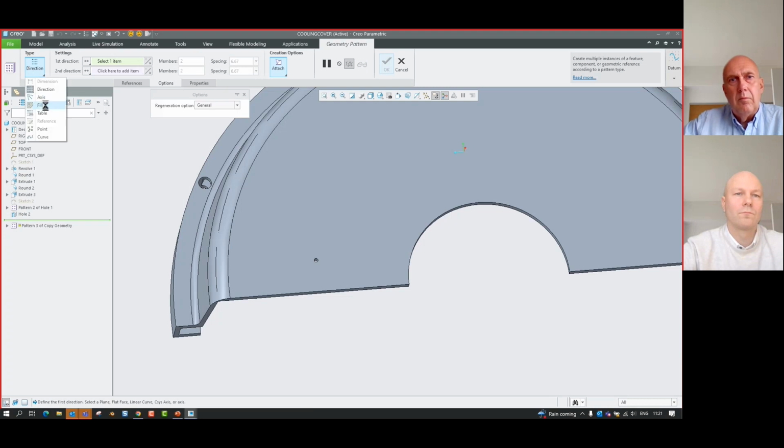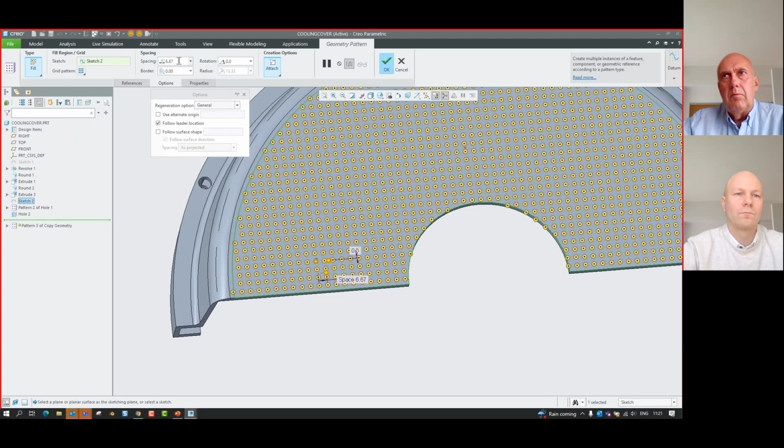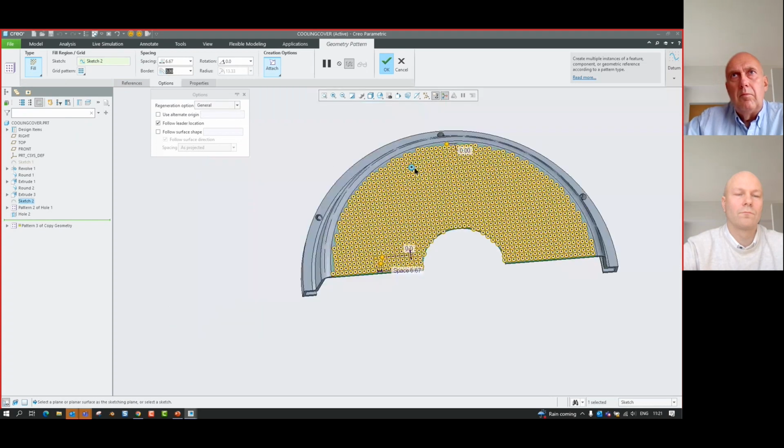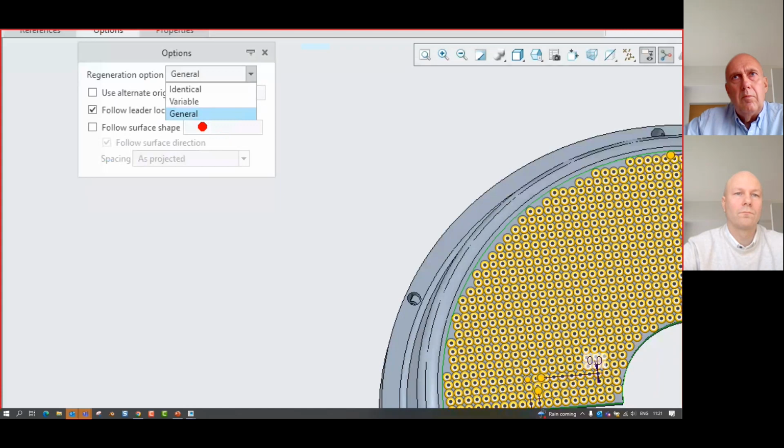So I'm going to go for a fill pattern, select sketch 2. Let's give it a border of around 3 millimeters here. And we can see that this is what we had before. So we had both a general and variable regeneration option, but this identical regeneration option was actually grayed out before because it wasn't available.